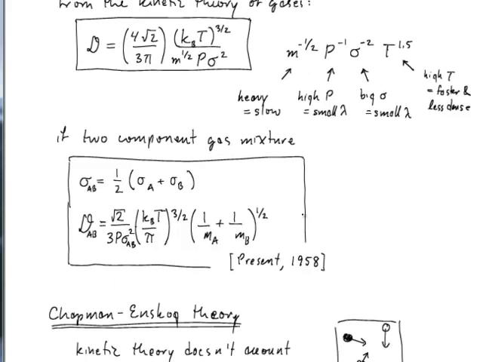So here, things are roughly similar, but now you have an effective size that is the arithmetic mean of the two sizes of the constituents of the mixture. So you've got A and B, their diameters, you add them, you divide that by 2, and you also see that you get this harmonic mean for their masses entered instead of the mass of either one of them. Okay, so this is basically standing in for an effective mass of the A and B collision pair.